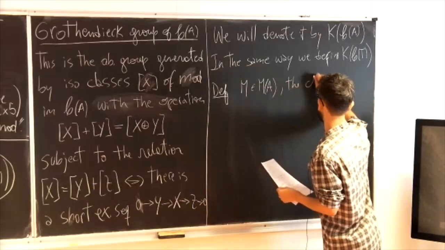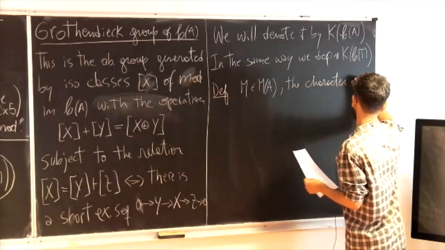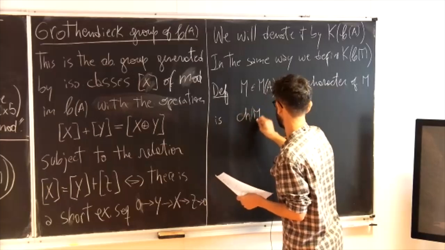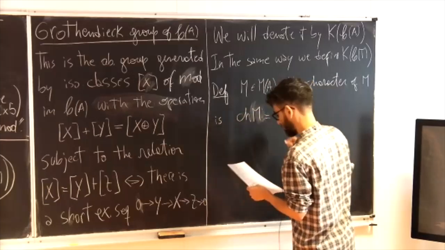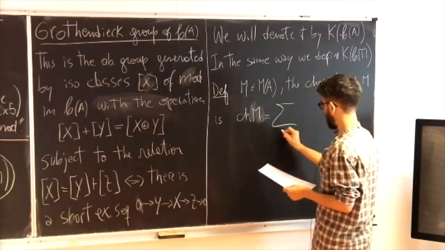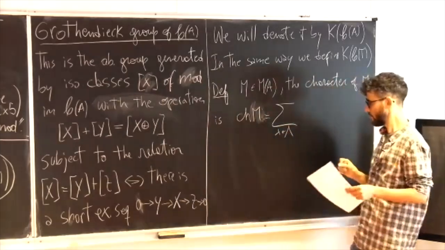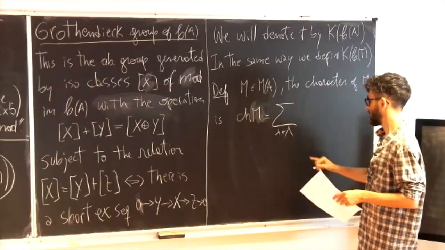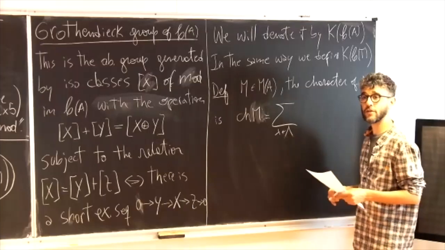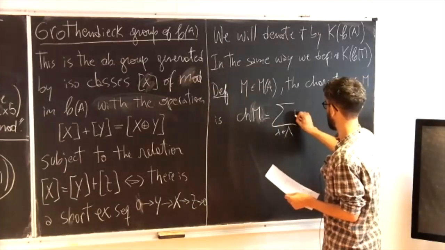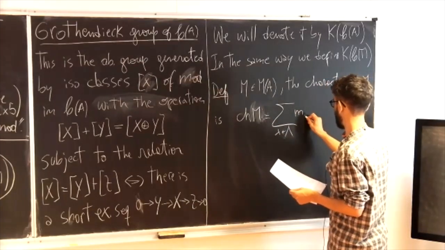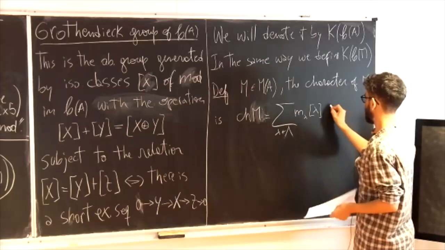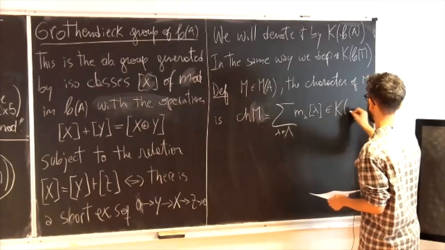the character of M is the following. We will denote it CH of M. It is the sum over lambda in big lambda. I recall that big lambda is a complex set of non-isomorphic simple T modules, and this will be the sum over lambda of M lambda. This element will live in the Grothendieck group of the category of T modules,